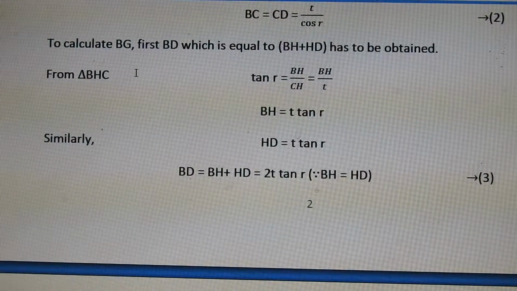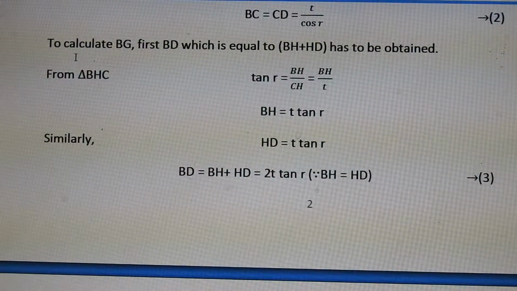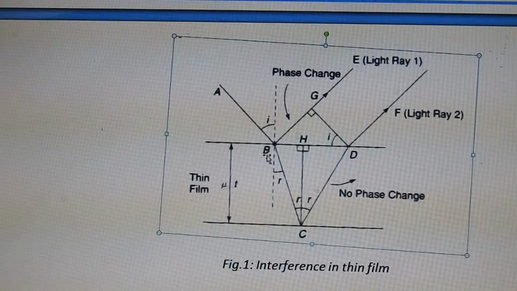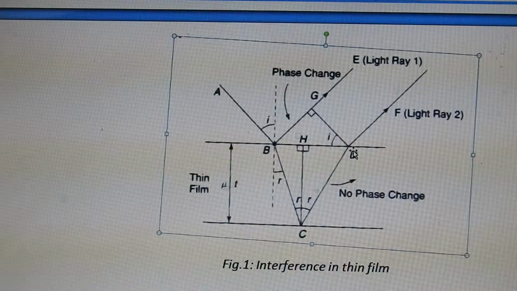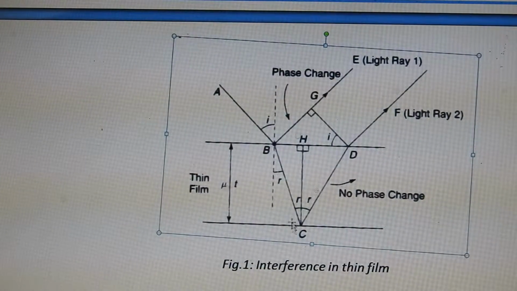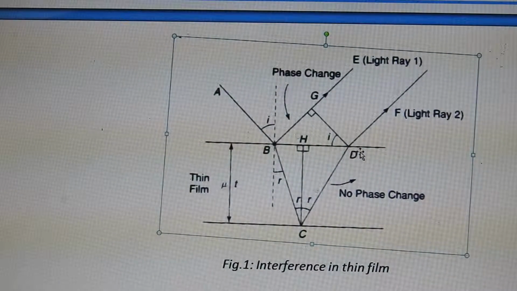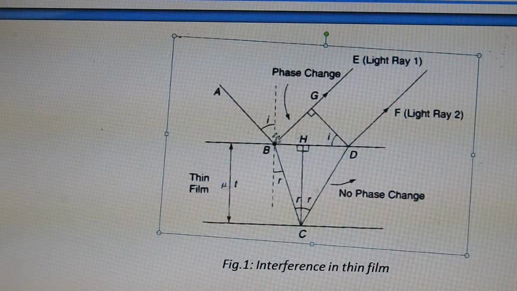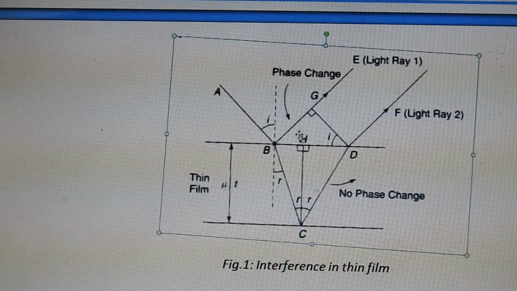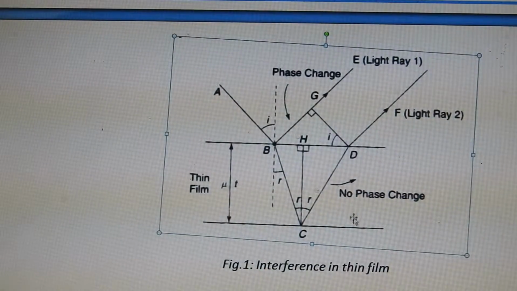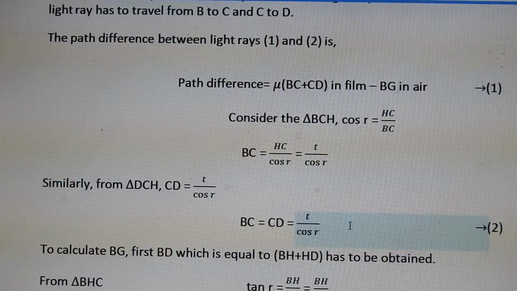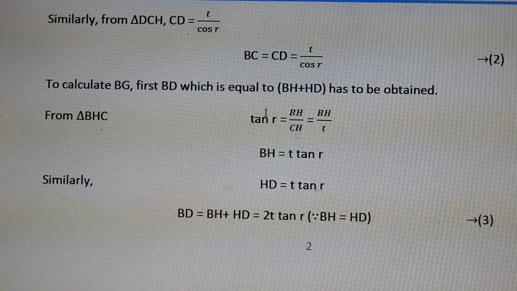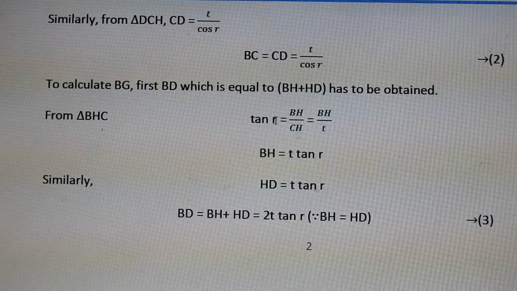Total BG. BC and CD are calculated, which gives the extra distance traveled by the second ray. Now we have to calculate the BG, the extra distance traveled by the first ray. So to calculate the BG, what I am doing is,